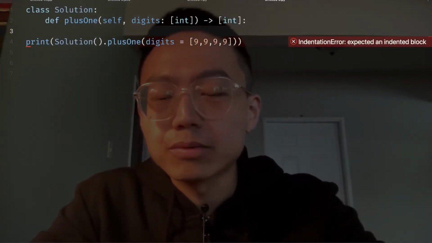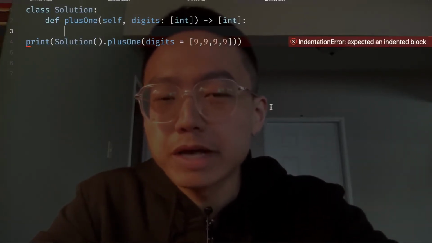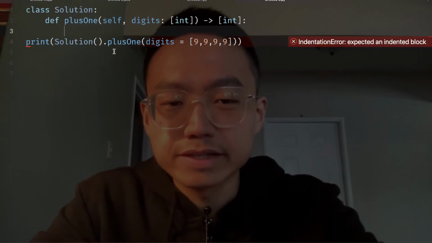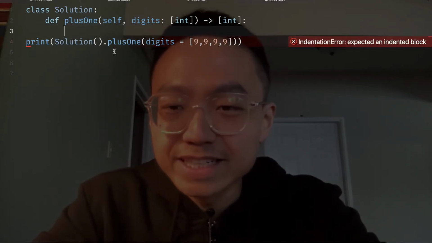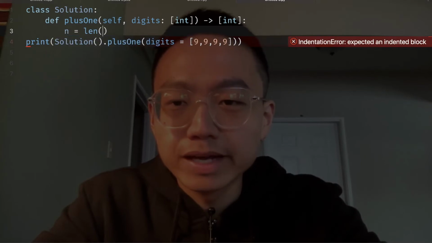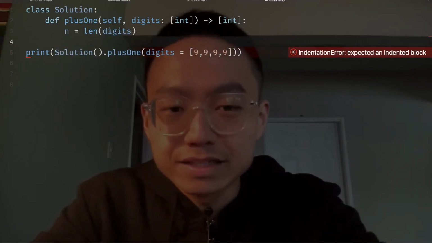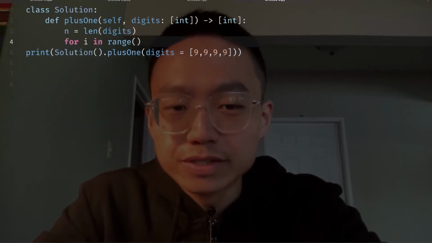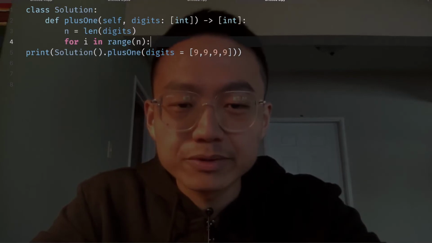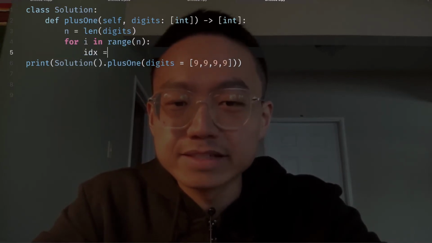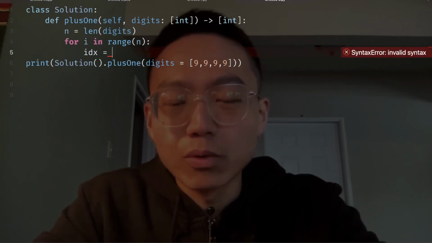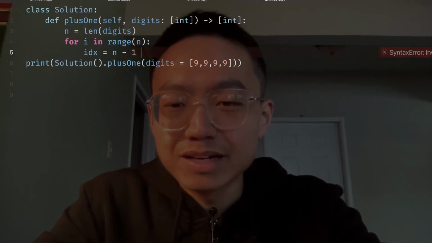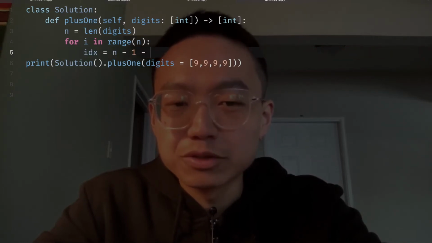Let's try to turn our algorithm into Python. First, we already have a defined function and the printout example as the input. We just need to declare n as the length of the array digits, and we loop inside the boundary, for i in range n. So everything is inside the boundary, and we need to record the index starting from the end. The last one is n-1, and